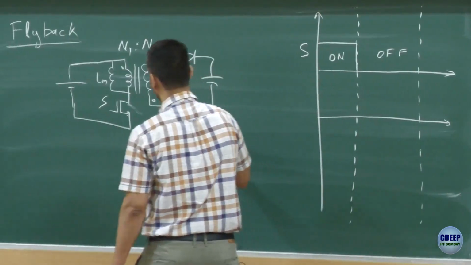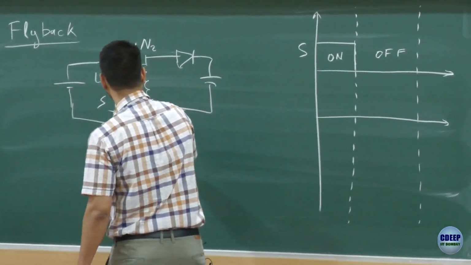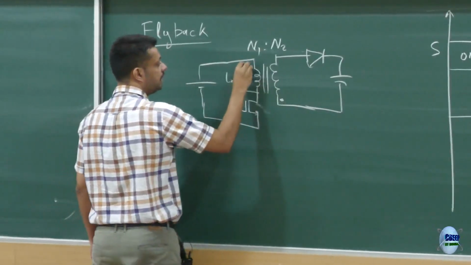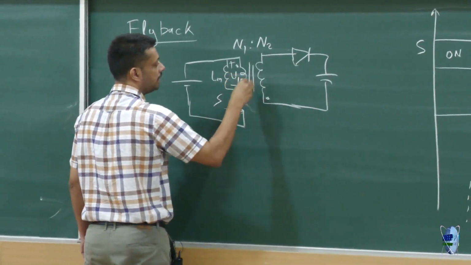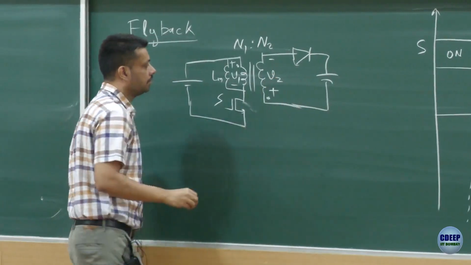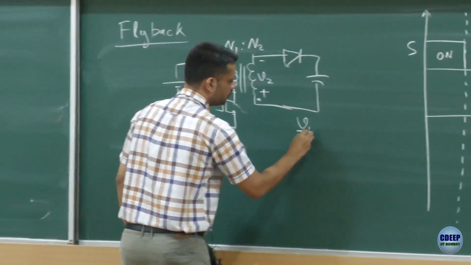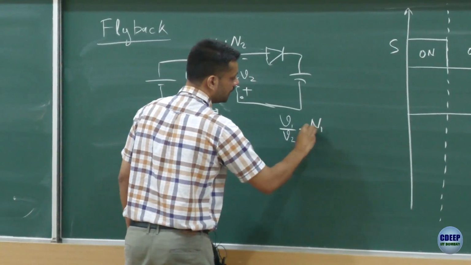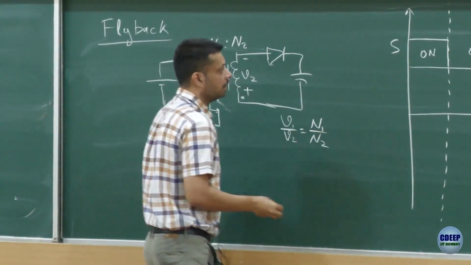We have seen, let's call it V1 and let's call this one V2, right? We know V1 by V2 is equal to N1 by N2, and